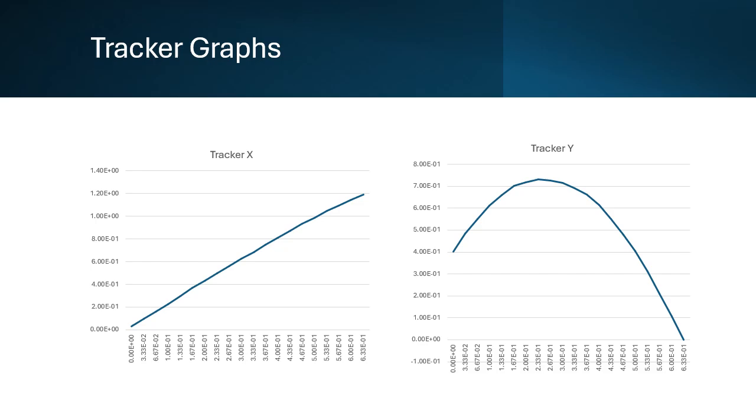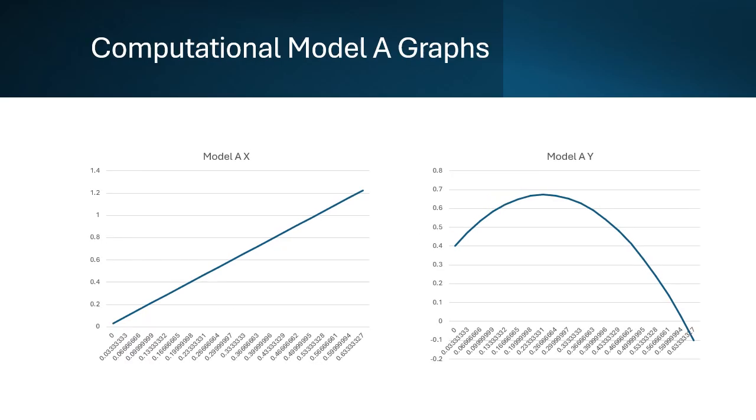Now, in this slide, we have two graphs. One graph noting the x position with respect to time from tracker, and the y position with respect to time from tracker. This slide here, same thing, but instead of using our tracker data, we're using our computational model data. But as you might notice, the y position is a bit off, while the x position is somewhat keeping up more. To understand what could be going on, we need to introduce a new fundamental principle that we'll be using